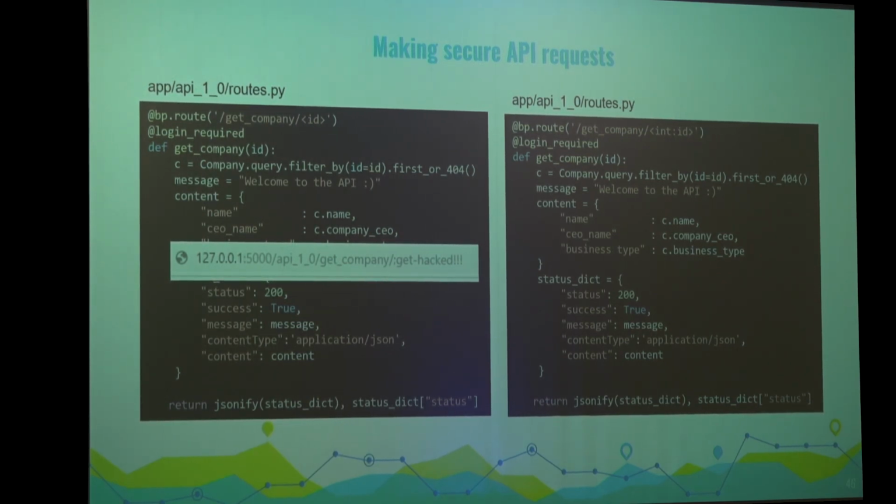But if you Google Flask filter by and SQL injection, you'll see there are some good examples of how to actually inject this type of code. The problem here is the filter by function. It takes a keyword value, so ID equals ID, but it will also accept raw SQL. That's an issue, because if someone sends a string onto that and you don't sanitize that data, you push that into your function and you're going to be injecting whatever the user wants. It looks nice and tidy there, but the user can send raw SQL to that,